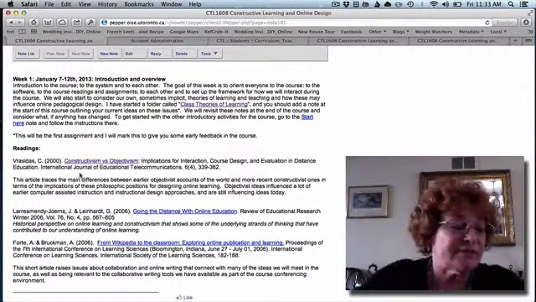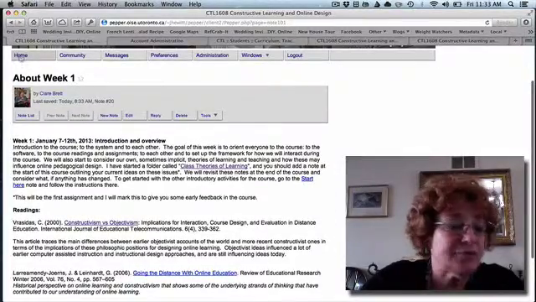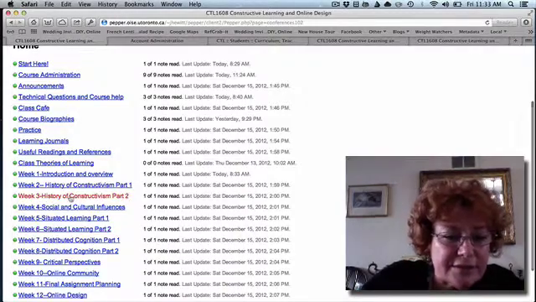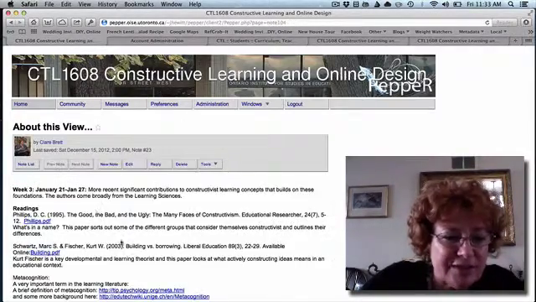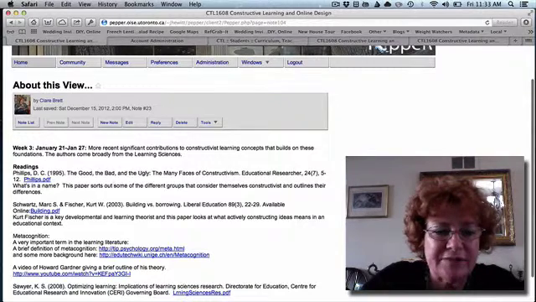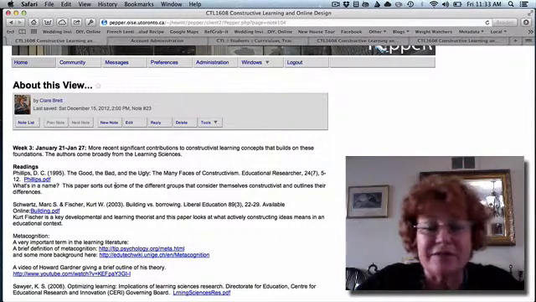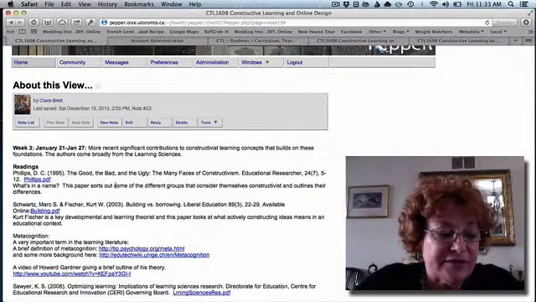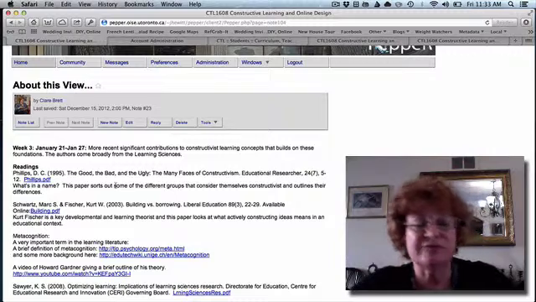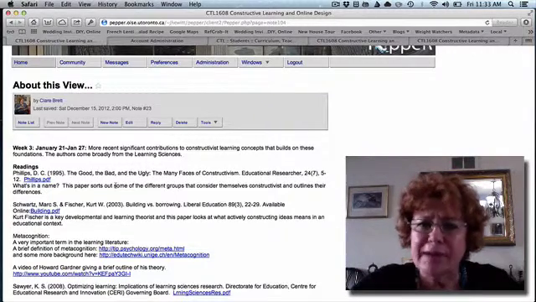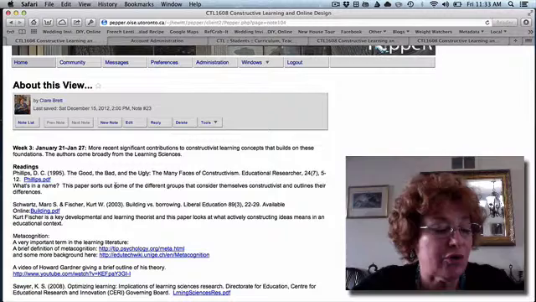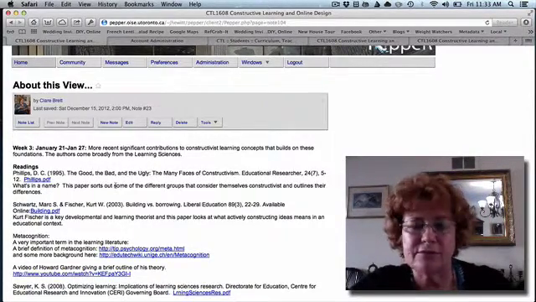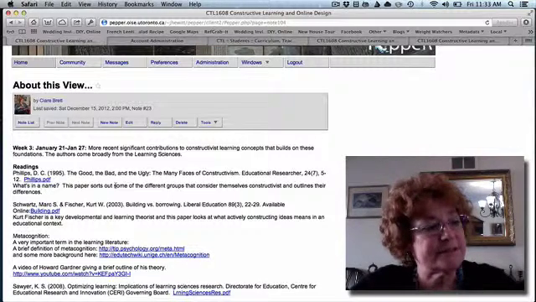Now, within constructivism, there are a number of different strands, and we are going to look at those. And the Phillips article, in week 3, does a nice job of differentiating some of those. Phillips, the good, the bad, and the ugly, the many faces of constructivism. So there are the cognitive constructivists following Piaget, which today include a lot of learning science researchers like Papert, who you may have heard of, who developed Logo, Lauren Resnick, who developed thinking tags, and Amy Bruckman, who developed MOOSE Crossing.